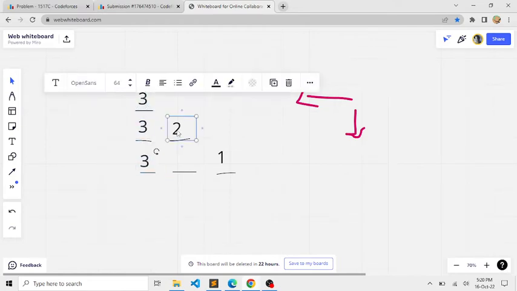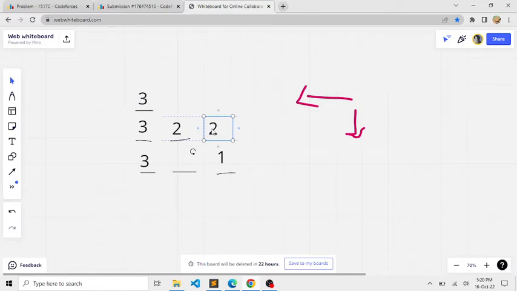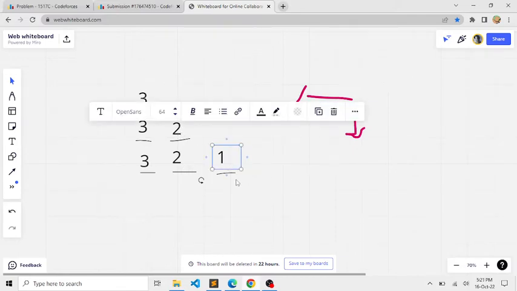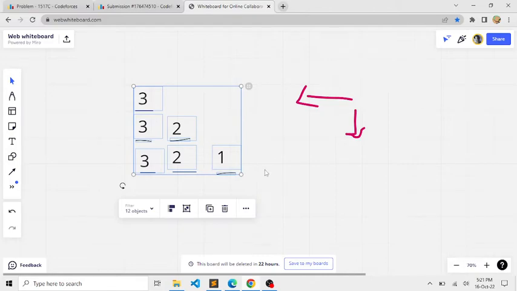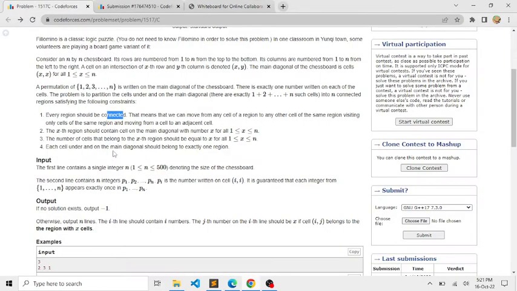Now let's come to 2. For 2 to create a region, it needs one more 2, and this 2 cannot be placed here as 3 is already occupying this position, so we'll place 2 in the below position. So 2's region is complete with 2 elements with the same value. Now let us move to 1. As you might have already noticed, this is already a valid region with 1 component, so we do not need to tamper with 1 any further, and this will be our approach for the permutation of 3, 2 and 1. Let's try to take another example.